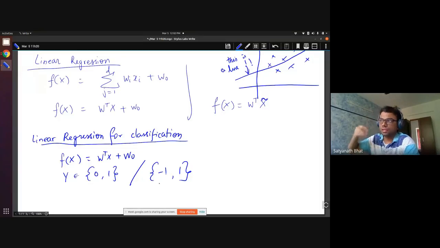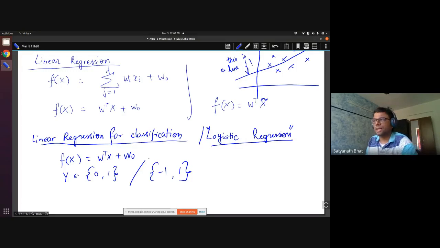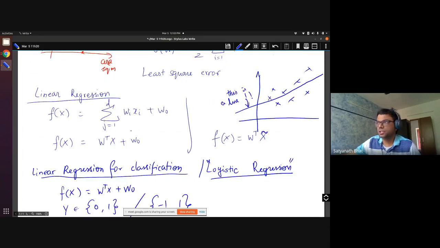So in the further discussion, whenever I am talking about linear regression, the idea that you should have in your mind is that you can use it to learn a function, or you can also use it to do classification. This is different from what is called a logistic classifier or logistic regression. I will clarify that when it comes to that. I will explain what that is, but don't get confused with it if you have seen it already. This is going to be a different thing. But since we are anyway talking about linear regression, we can also use the same approach for classification.